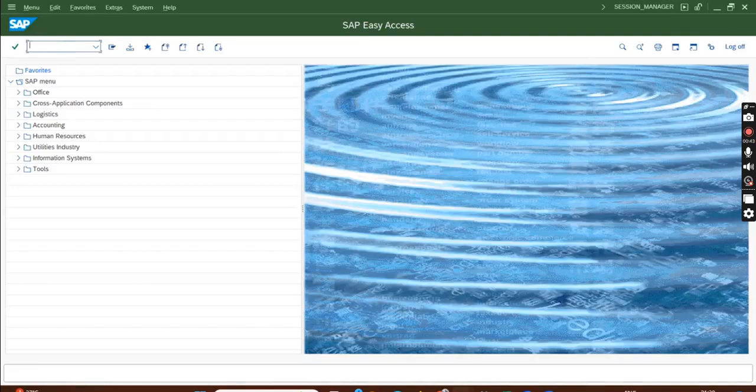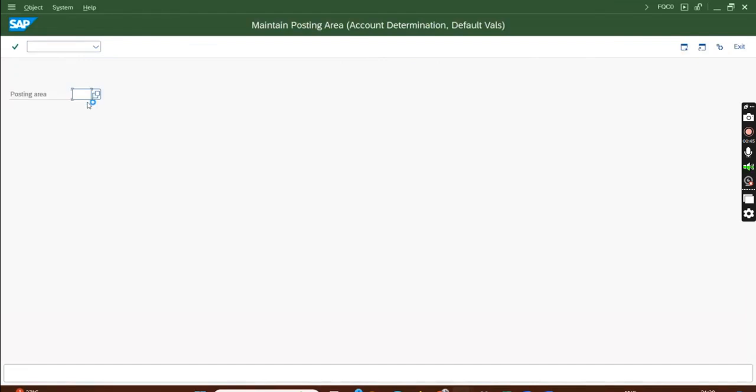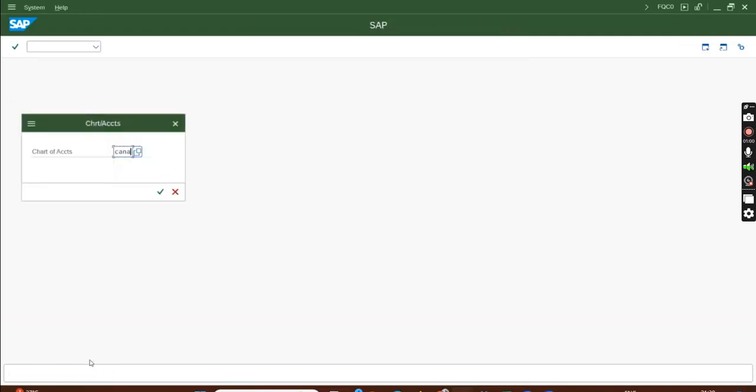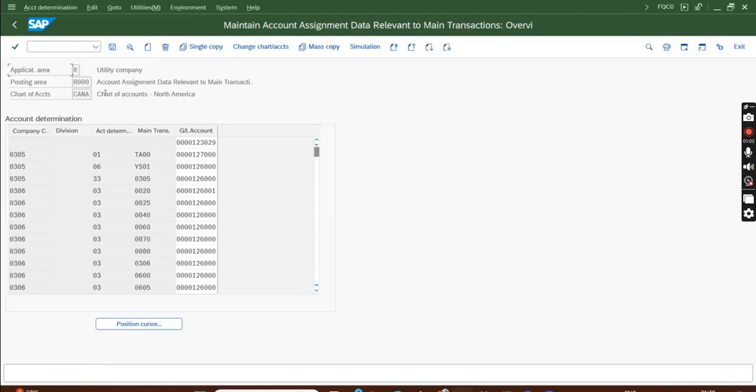I go to FQC0. Okay, here I try to find S000. Does not exist. C000 does not exist. T000 does not exist. R000, yes, it exists because I have activated R here. Utility is activated. Similarly, whatever application area is activated, you saw we had in the previous server,